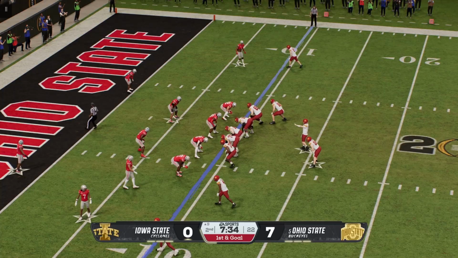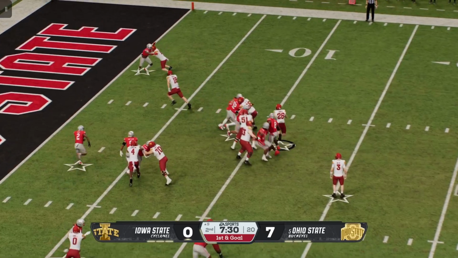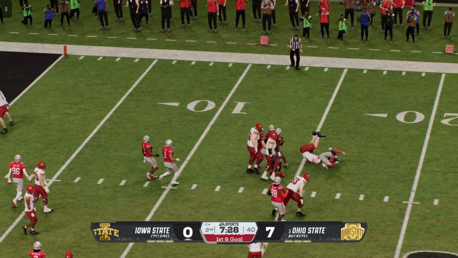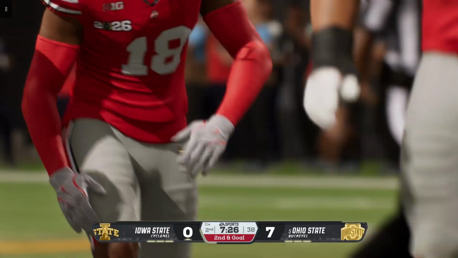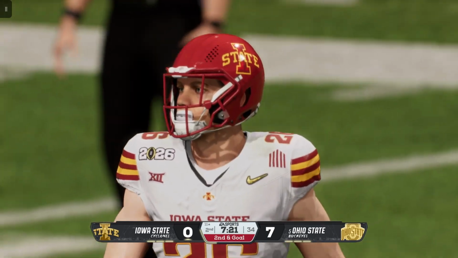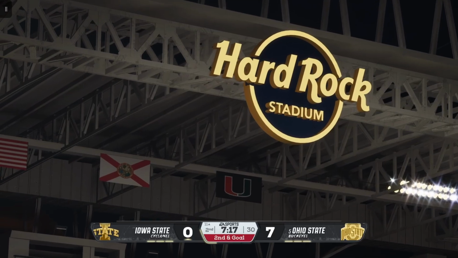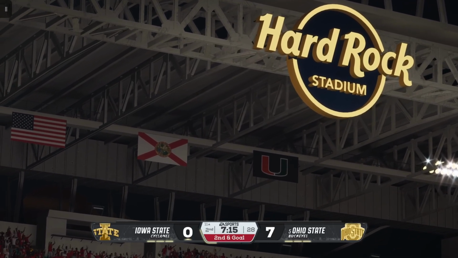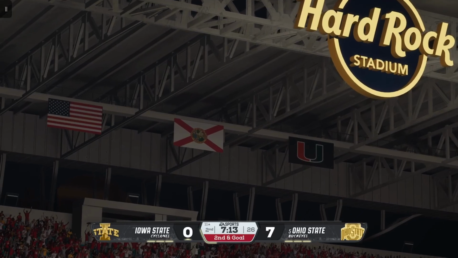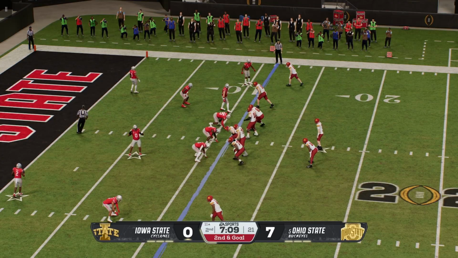And the Cyclones will line up here on first down and goal. First and goal, handoff. Nowhere to run on that play. It got him in the backfield. It's a loss of a yard. That is called gap integrity. Nice job by this defense of taking away that inside run and then using their speed as the back tried to bounce that to the outside. There's just no room to run. So off the loss, it's second and goal from the 11.